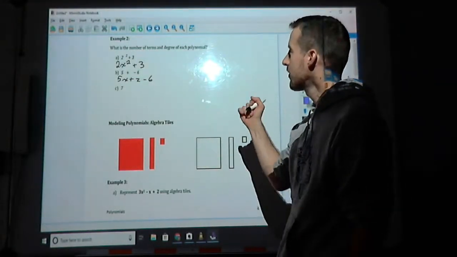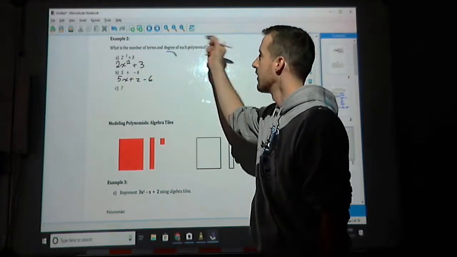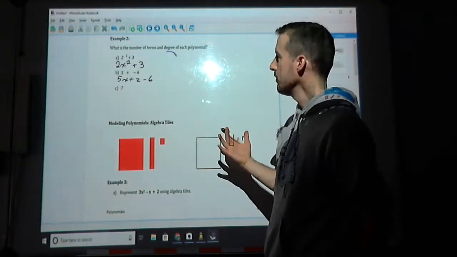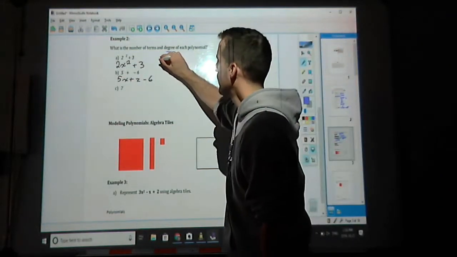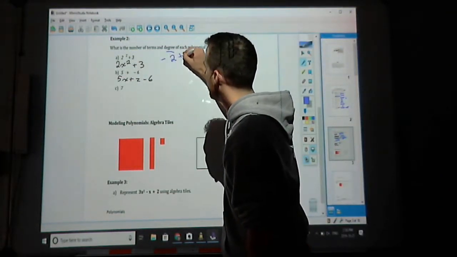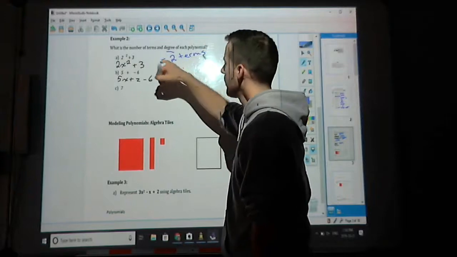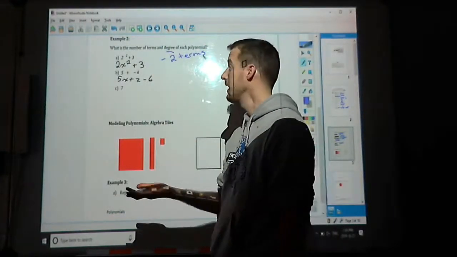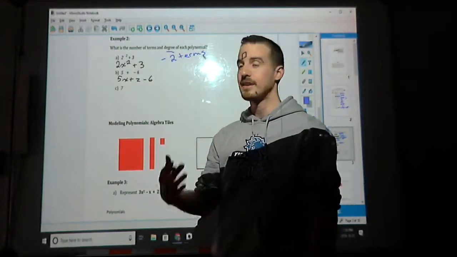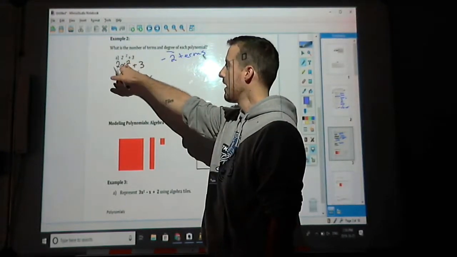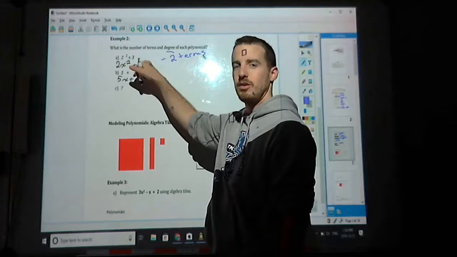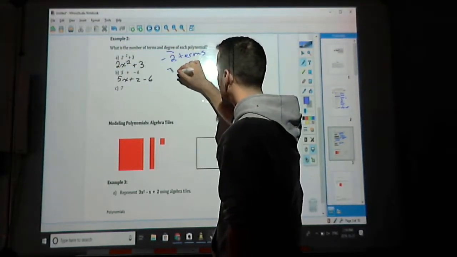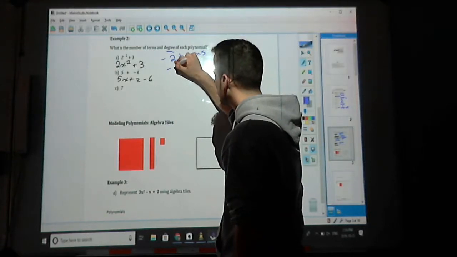Okay, and so this is where we're going to talk about our degree. So first, what is the number of terms? Same as before. Here we have 2 terms. And we're also trying to figure out the degree. So how do we remember to find a degree? Well, we look at the highest exponent. Okay, here we have an exponent that's to the power of 2, and then over here, nothing. So obviously 2 trumps nothing. So degree